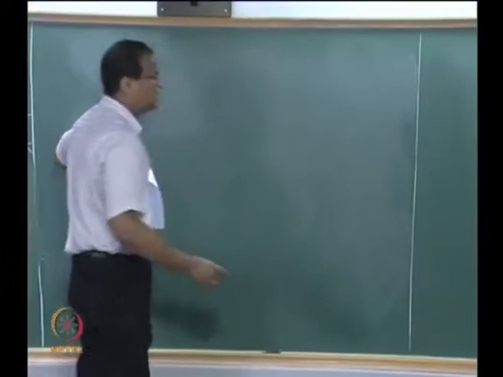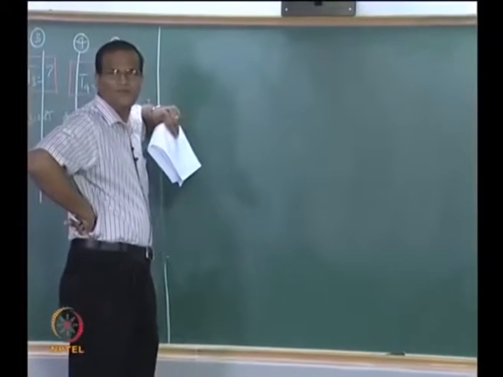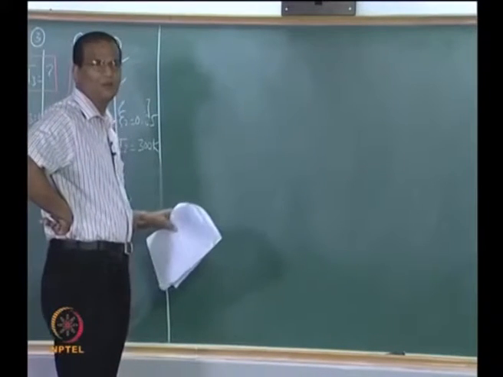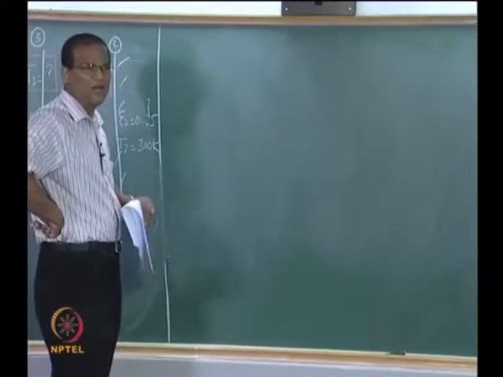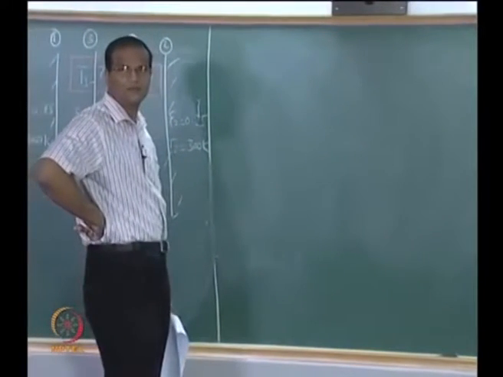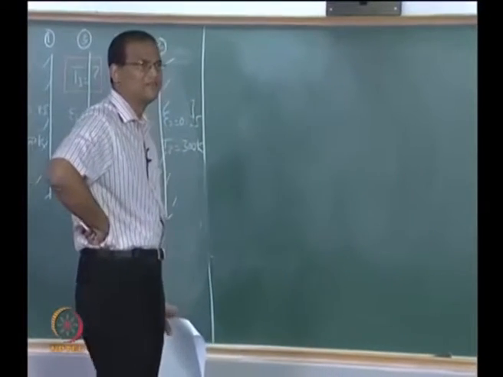The other way of checking is that T3 and T4 must be between T1 and T2. Otherwise, you are in trouble. There is no heat generation in the problem. Heat is flowing from left to right, so from left to right, the temperatures have to continuously decrease. So these are what are called common sense checks.